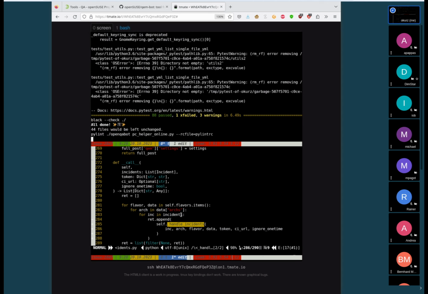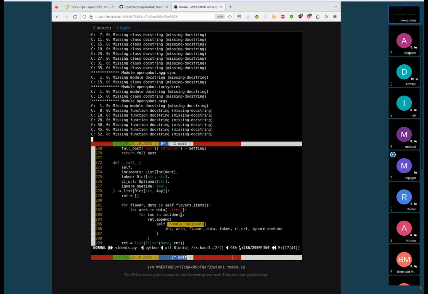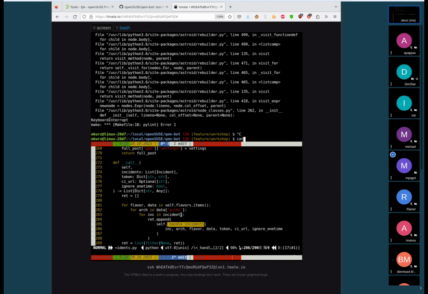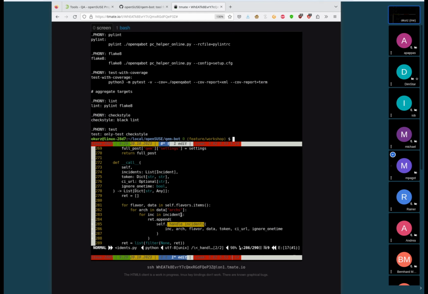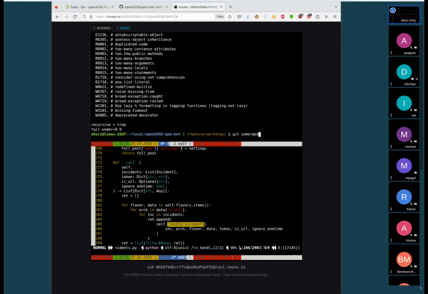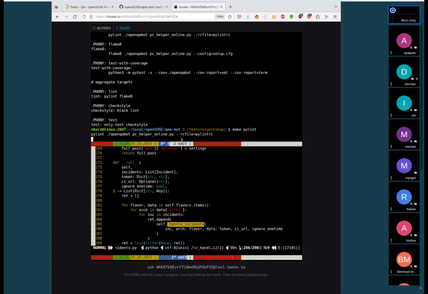It has been configured in a way that I just executed it, took all the warnings and filled the configuration file of PyLint to ignore all the warnings. So PyLint RC is there. So what I would assume is if we call make PyLint, it would still